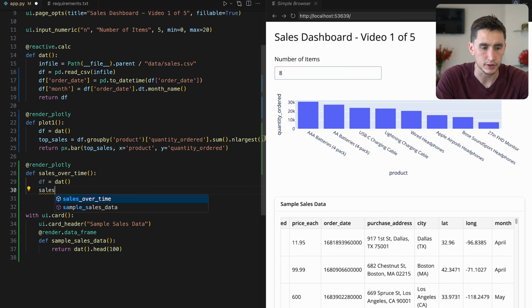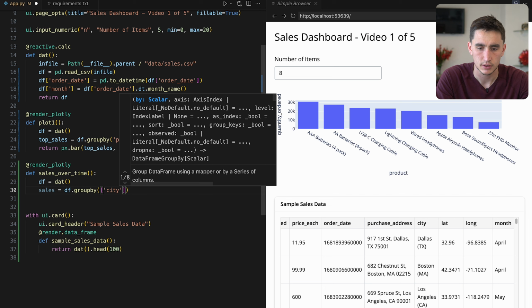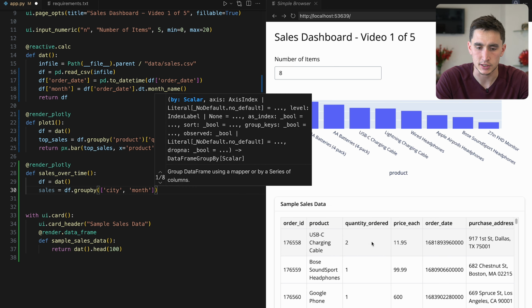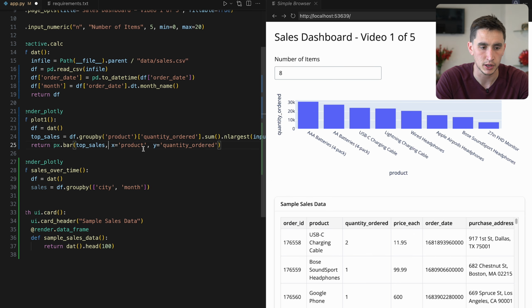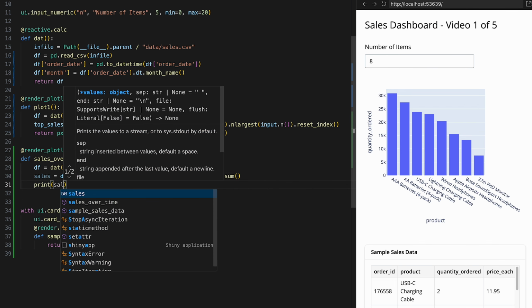So we'll call this sales equals df.group by. We're going to group by two different properties. We want to group by the city first and then the month for that city. So it's sales over time for each city. So we want to group by the city and the month. And then I think a good aggregation is the quantity ordered, same as we did for this plot one here. So we can do quantity ordered dot sum,